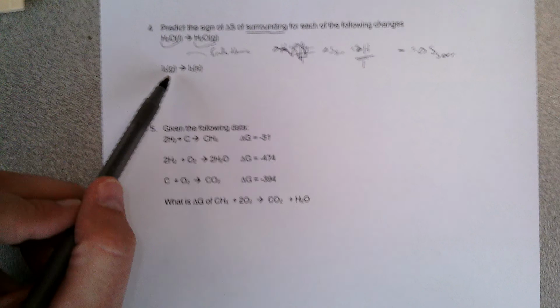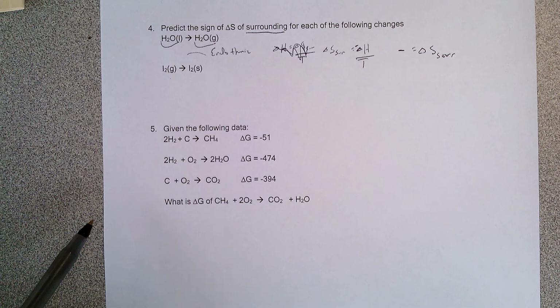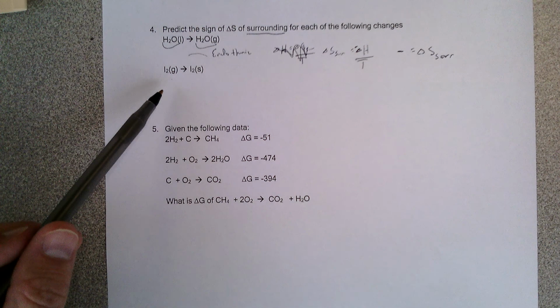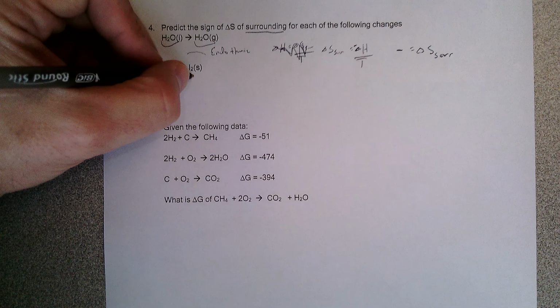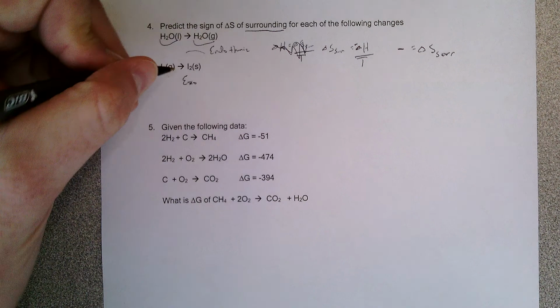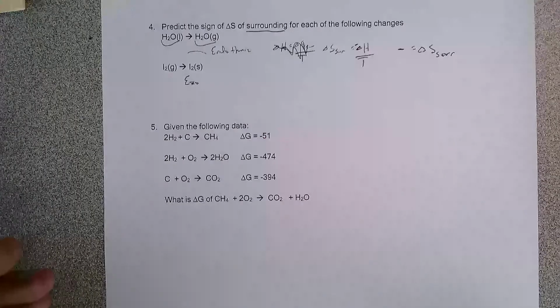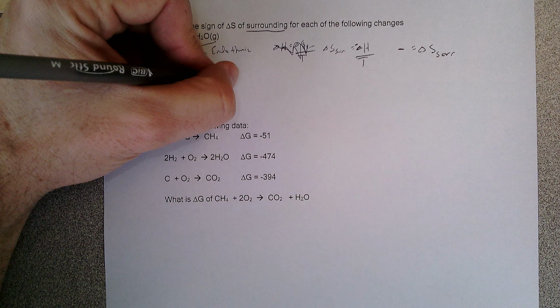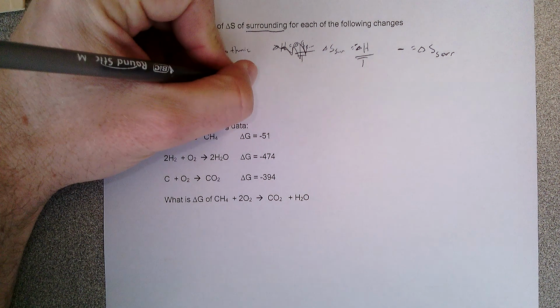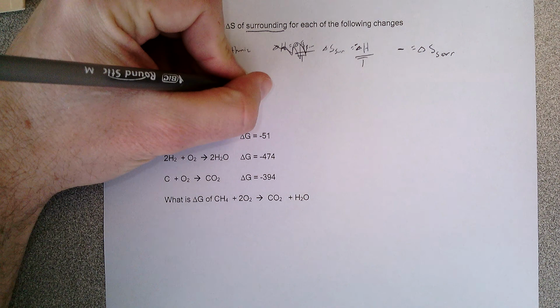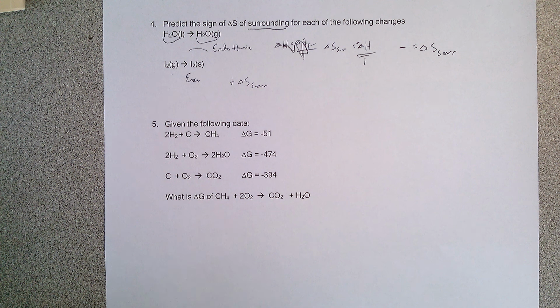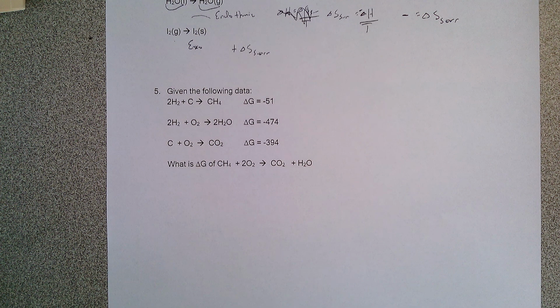Here you're going from gas to solid, so it's depositing. If it is depositing, it's going to give some energy out. That's going to be an exothermic process. Since this is an exothermic process, that's going to heat up the surroundings a little bit. That's going to be a positive delta S of the surroundings, because as we heat up those surroundings, they're going to become more disordered. The higher your positive value, the more disordered you are, right? So just go with that. Endothermic, exothermic, the surroundings are really based on the heat for that kind of stuff.